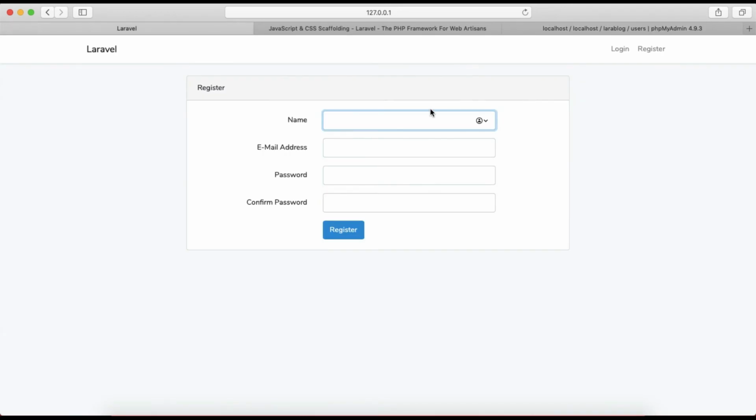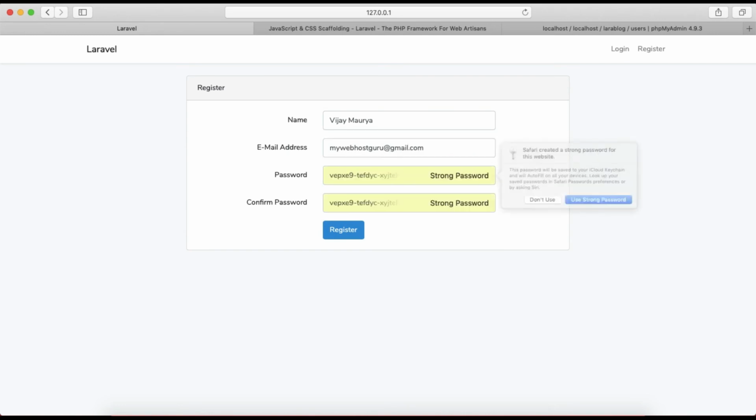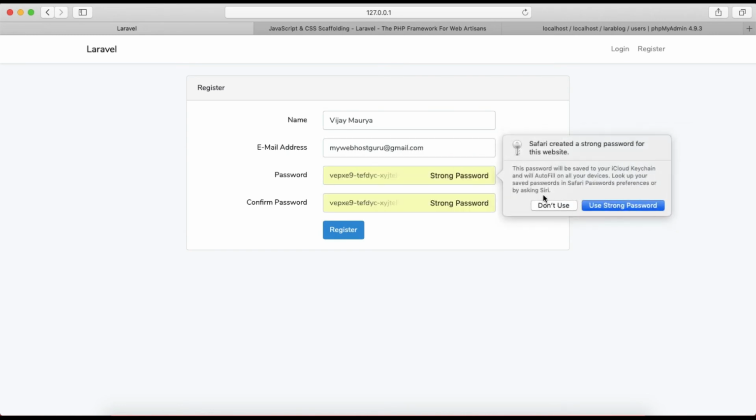So just go to the registration page and type the name Vijay Wadia, the email address guru@gmail.com, and a password. Use a strong password.